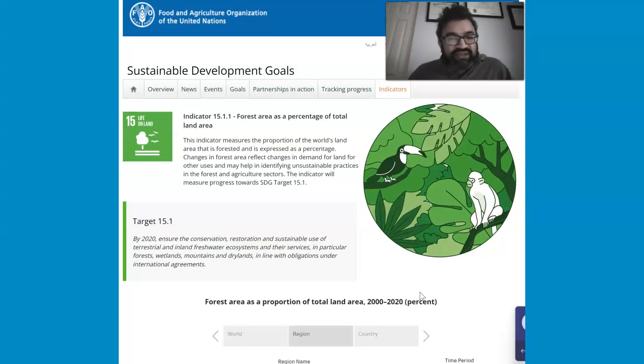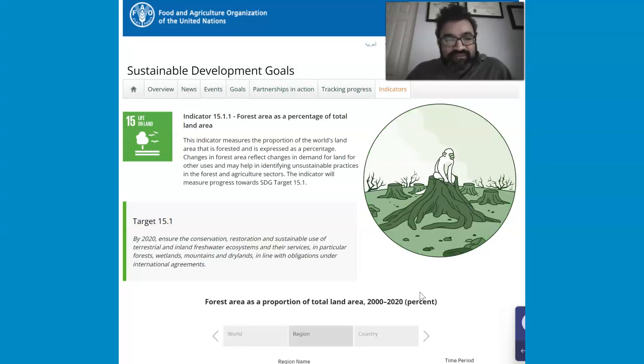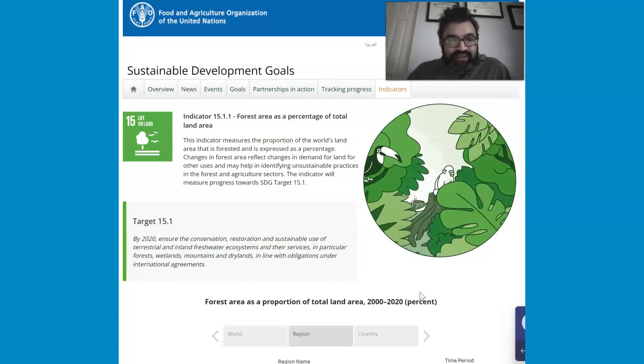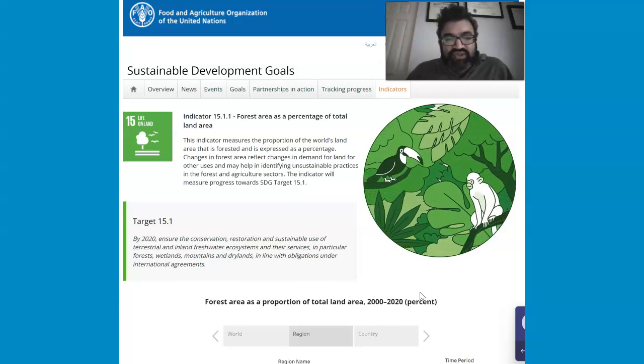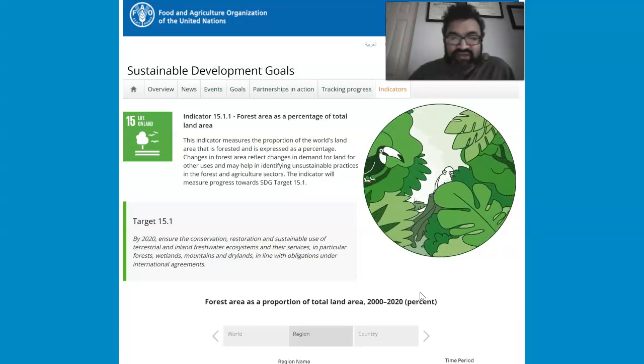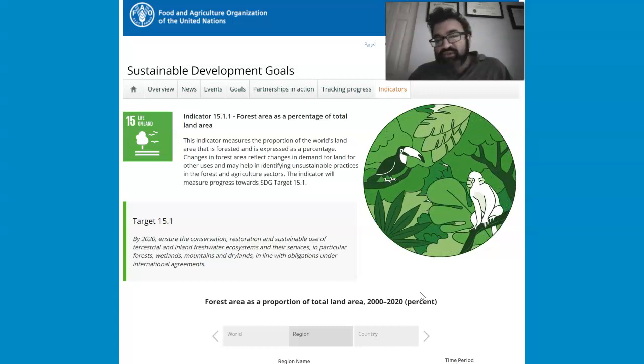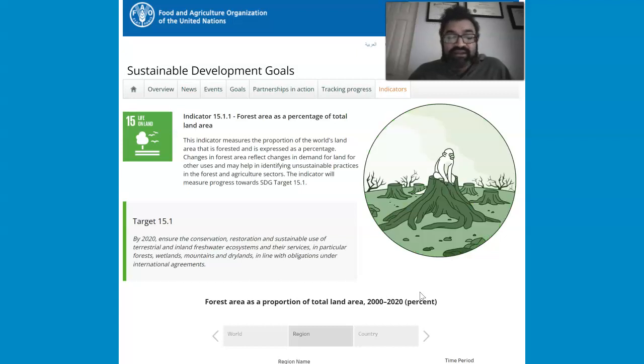15 life on land, forest area as a percentage of total land area. So this indicator measures the proportion of the world's land area that is forested and is expressed as a percentage. Changes in forest area can actually reflect changes in demand for land for other uses. And to me, this is where we get into trouble. When I say we, I mean humankind gets into trouble, and we start